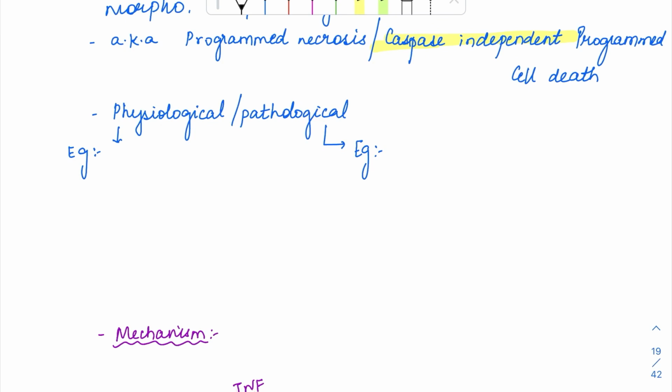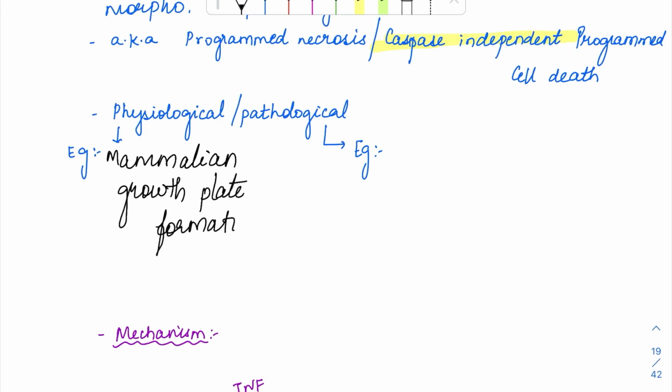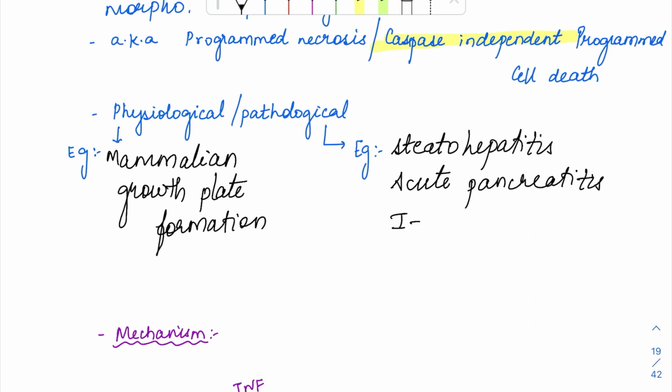So physiologically, necroptosis can be seen in mammalian growth plate formation. So in the formation of the mammalian growth plate, this necroptosis process is involved. Pathologically also, necroptosis can happen. So in examples like steatohepatitis, acute pancreatitis, ischemia reperfusion injury, neurodegenerative disorders like Alzheimer's,